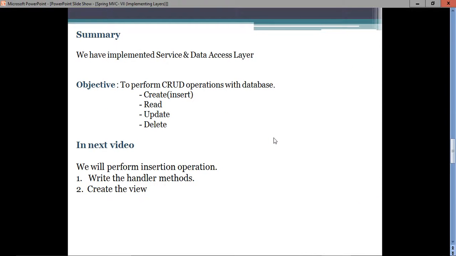So in this video we have implemented the service and data access layer, and our objective is to perform the CRUD operations with the database. In the next video we are going to perform the insert operation in the database. For that we have to write the handler methods, and we will create the view for that.